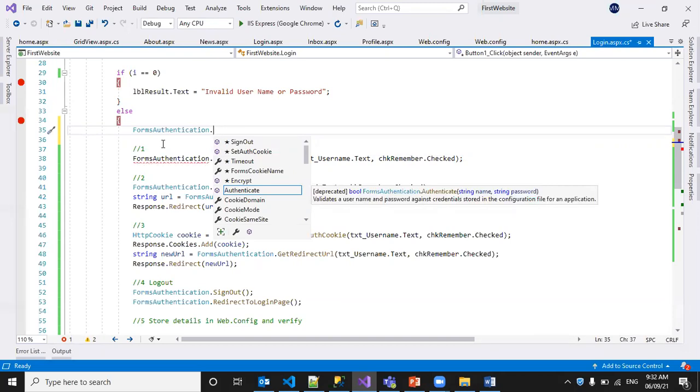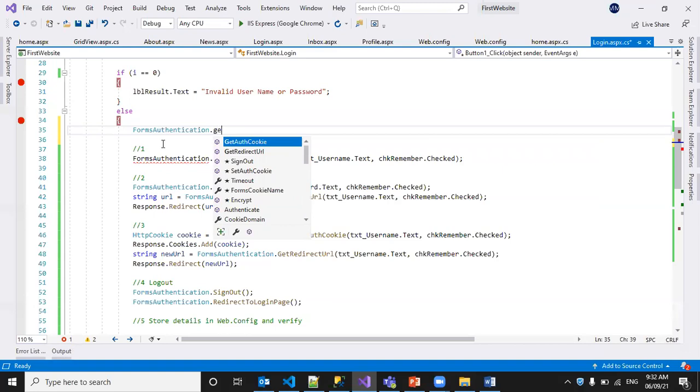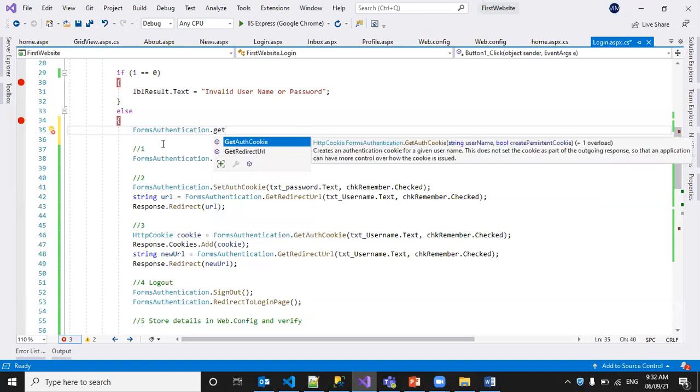First we have the authenticate method. Next, get auth cookie, which creates an authentication cookie for a given username. It does not set the cookie as part of the outgoing response, so that an application can have more control over how the cookie is issued.